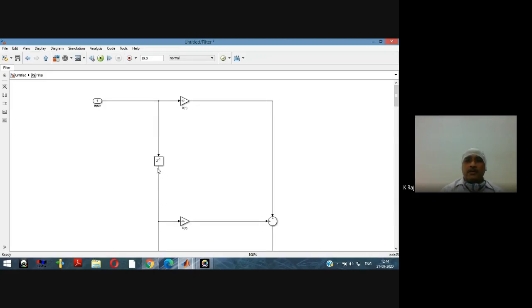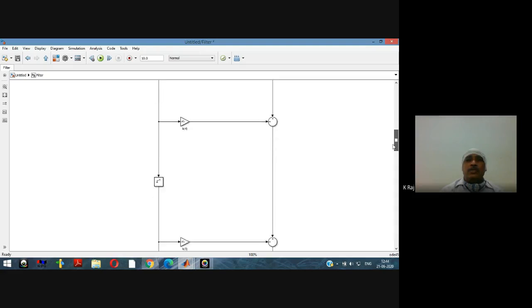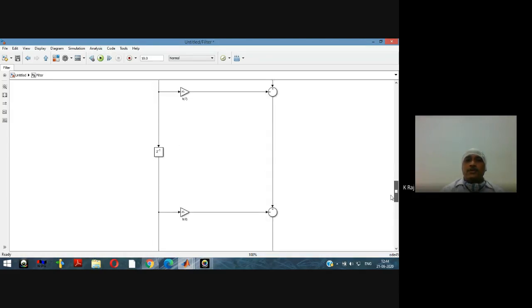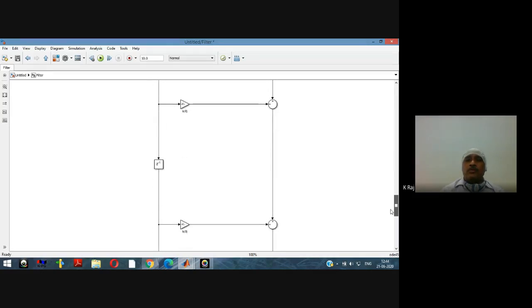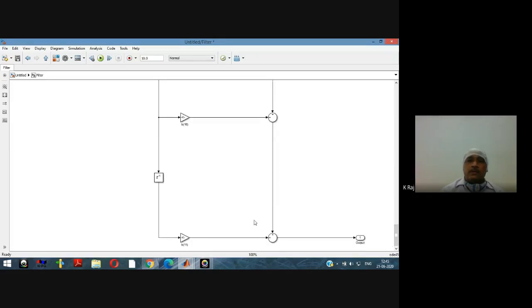The second, after a delay, is multiplied by the second coefficient B2, and after the second delay multiplied by the third coefficient, the third delay by the fourth coefficient, the fourth delay by the fifth coefficient, the fifth delay by the sixth coefficient, the sixth delay by the seventh coefficient, the seventh delay by the eighth coefficient, the eighth delay by the ninth coefficient, the ninth delay by the 10th coefficient, and the 10th delay multiplied by the 11th coefficient.